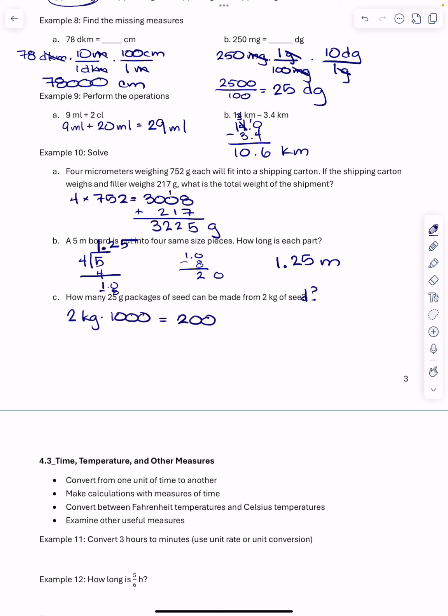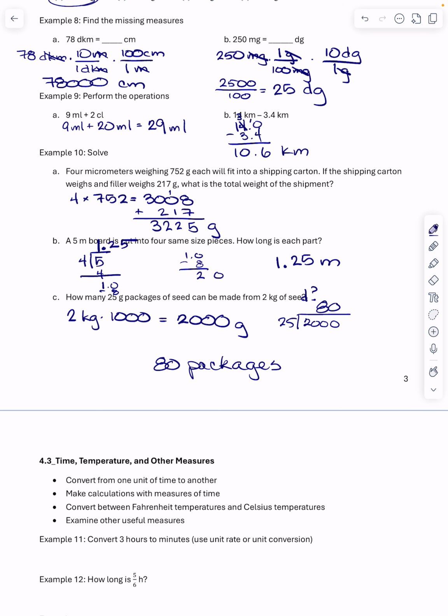Gives me 2,000 grams. And then I'm just dividing that 2,000 by 25. And I know I did the last one the long way, but realistically, we are just going to divide it in a calculator. We have 80 packages